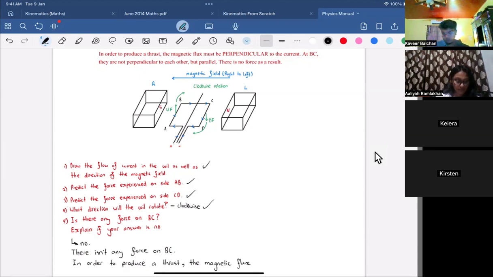So Aliyah, flux is just a fancy word for a bunch of magnetic fields. So now you're going to have a bunch of magnetic fields. The collective name for that is magnetic flux. So in order to produce a thrust, the magnetic flux must be perpendicular